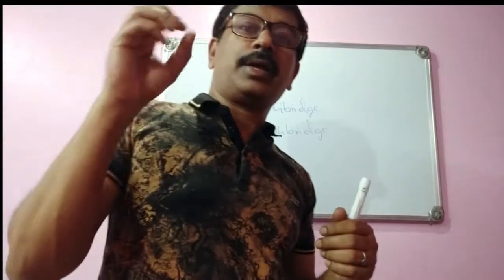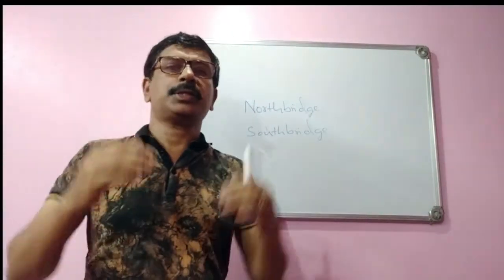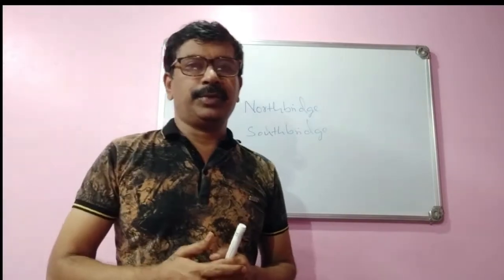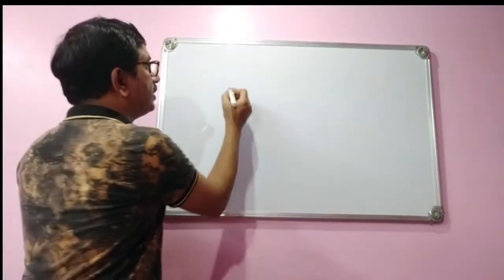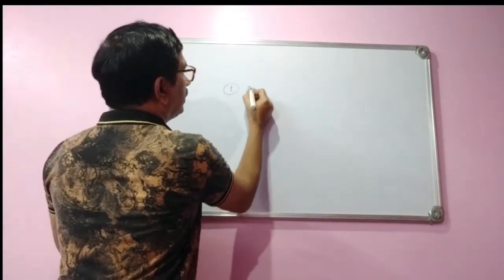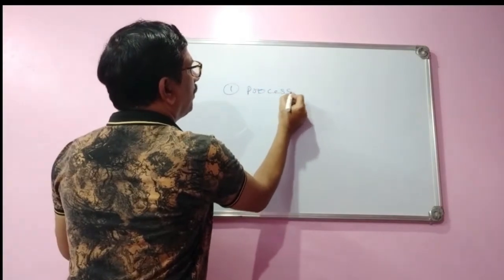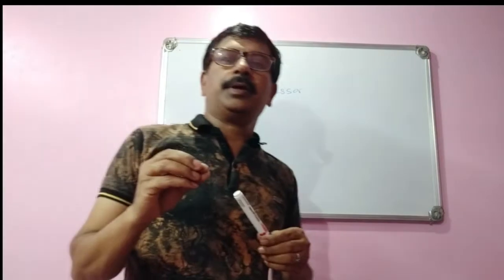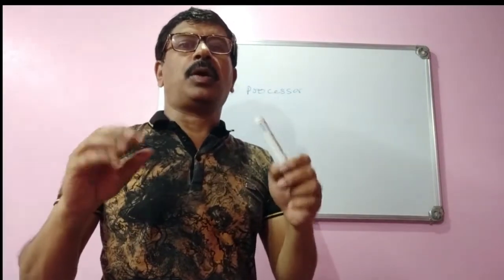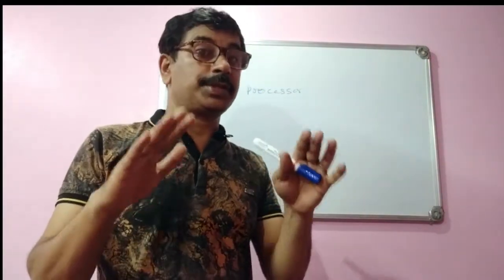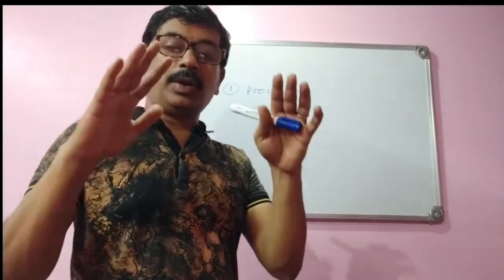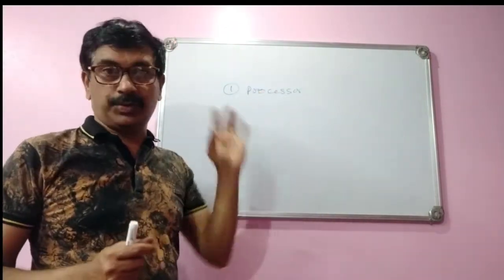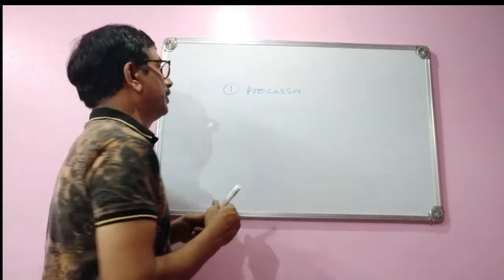In the last class I have shown all the components. Today I will explain them one by one and then we will continue with the next topics. The first component is the processor. Processor is to process all the instructions. It is also called CPU. That is the first component.